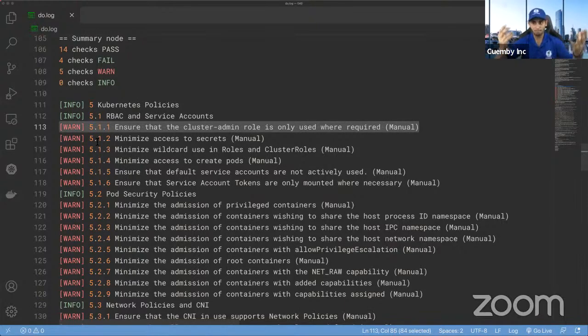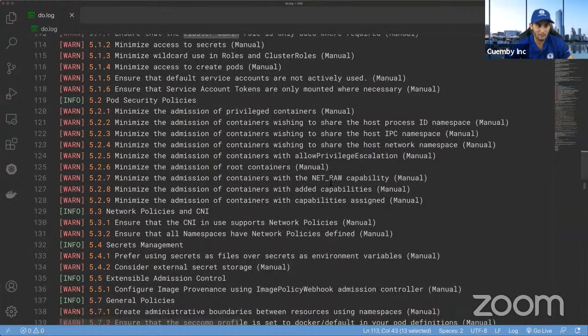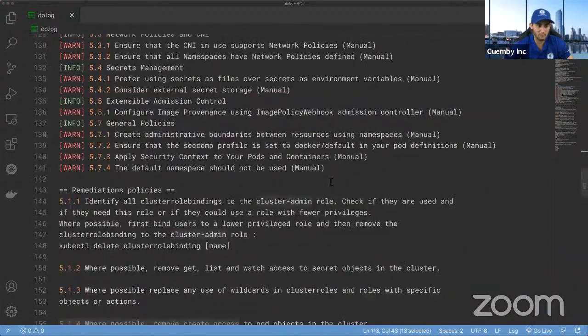Well, then do it that way. If someone hacks your cluster and sets themselves as a cluster admin, now you make it easier for them than doing it one by one. So anyways, it's just some ideas for you to look at, but this is interesting to explore.